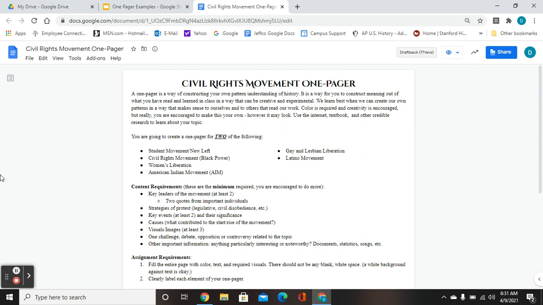Okay. So you can do the student movement, New Left, which was the beginnings of the protest movements in the late 1960s. We haven't really talked on that a whole lot, but there's a lot of information out there. If you've seen the movie, The Trial of the Chicago Seven, this is who they are. Okay, the student movement, New Left. Civil rights movement, the Black Power movement, the African American focus of the civil rights movement, women's liberation,